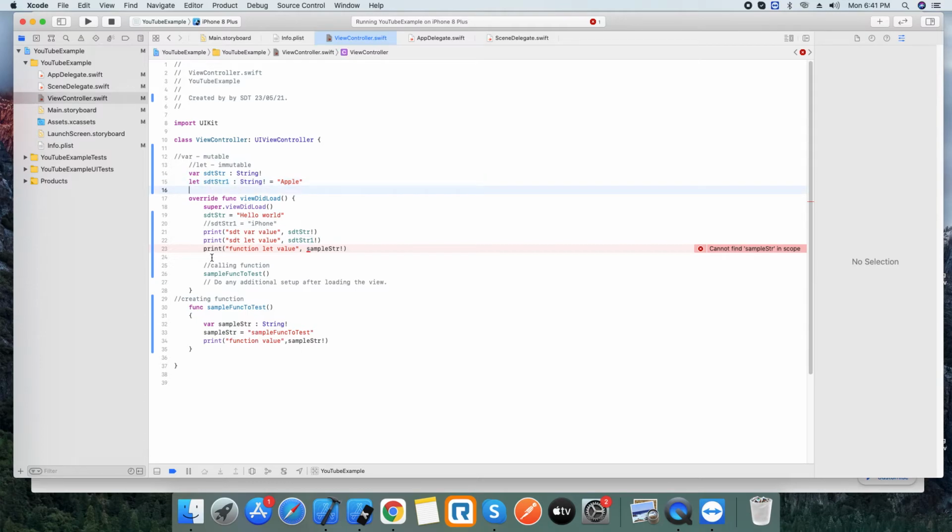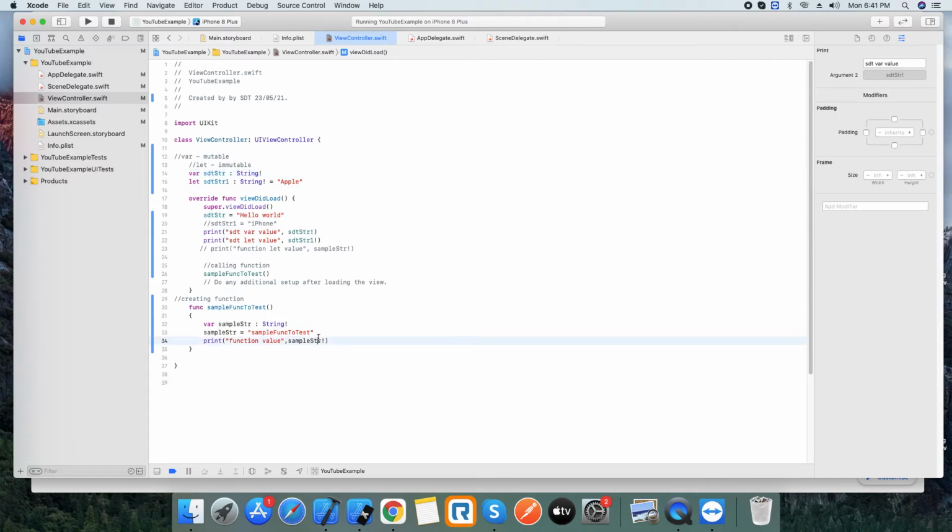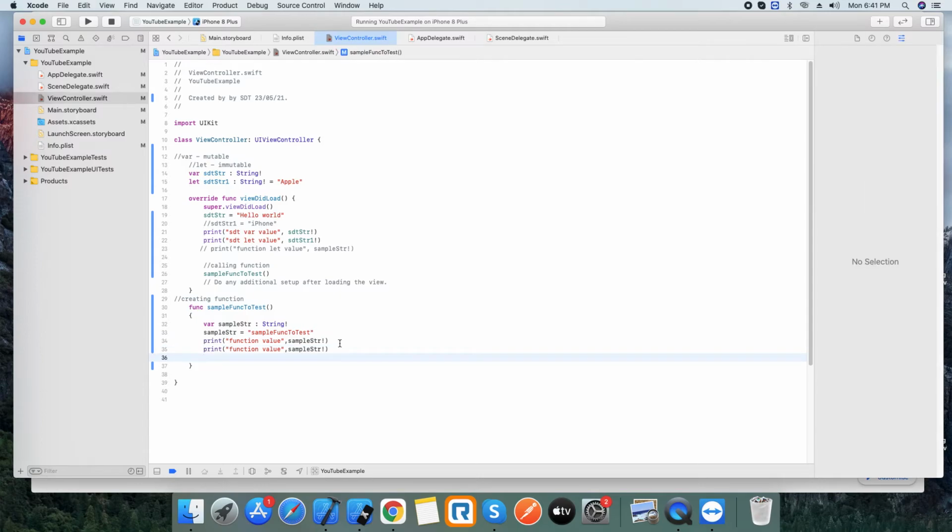That's why we cannot access that variable. This is the main difference between local and global variables. This is the global variable, right? That's why we can access it here and here. I can access that variable here also.